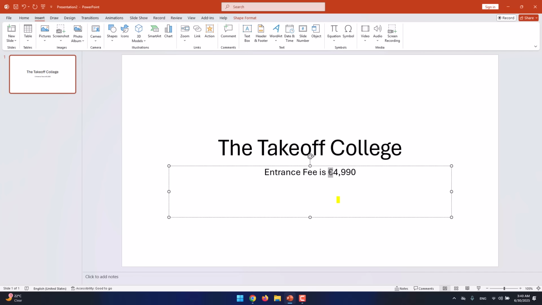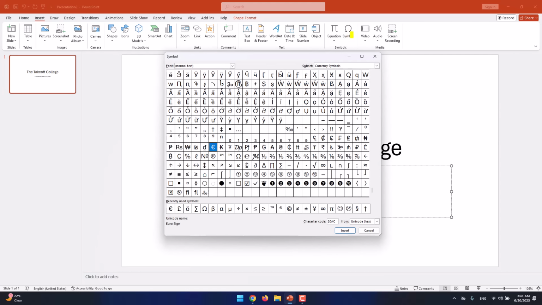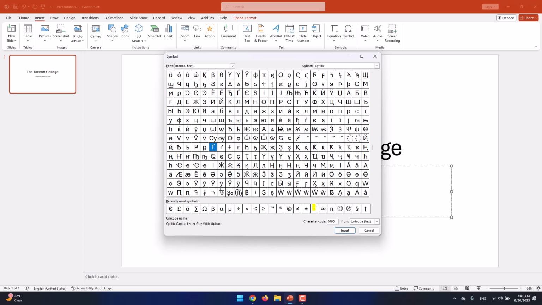So we also have yen, which is very popular. Let's say that it's not in euros, it's in yens. That's actually the same thing and the same process. So in order to add the yen sign in PowerPoint, you come to insert again, and in symbol, you open this up. As you see, I'm having yen over here, but you may not find it. So you're stuck in this very big library that we're having. And you can click here in the character code and search for